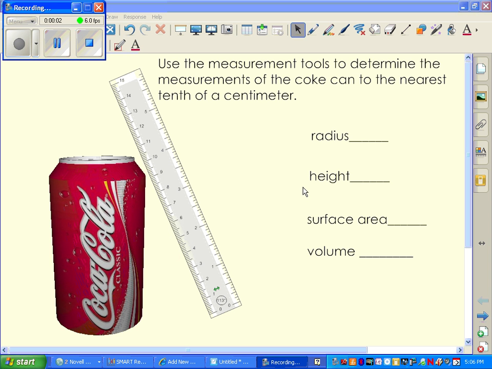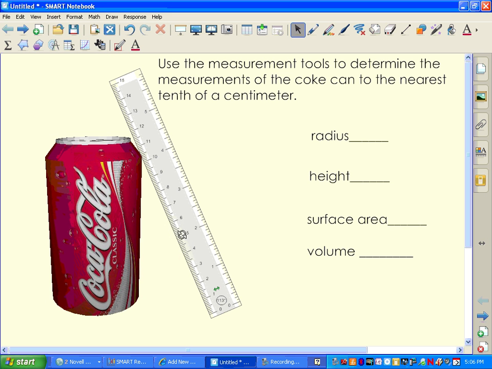Hello, I wanted to share with you some really cool things you can do with 3D tools. I'll start with the mini activity that I talked about in a previous posting about using a Coke can to determine various measurements. And this is where it gets really cool because right now, if I touch my 3D can, I can rotate